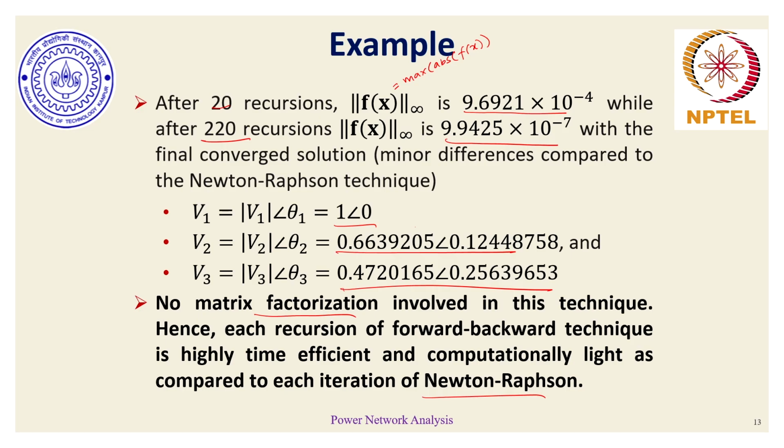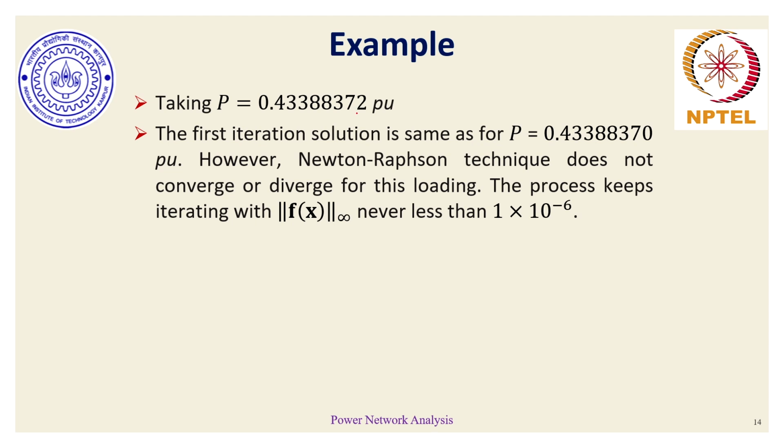value of P. The situation becomes furthermore tricky when we just increase the load by a very insignificant quantum. For P equal to 0.4338837 per unit instead of the previous value of P, the initial Newton-Raphson solution remains the same, but if we try to look for convergence of the Newton-Raphson technique with a similar convergence check that we have been using, Newton-Raphson technique never converges nor diverges. It keeps on iterating, and even if the number of iterations tends to infinity, the numbers will never